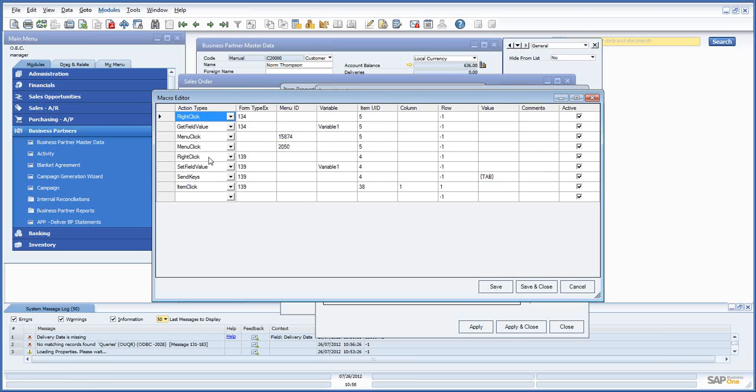And then finally, these 3 steps here, right-click 139 and set field value. This takes the variable 1, which was the business partner code, and it places it into field 4 on Form 139, which is the card code on the sales order. And the last thing at the bottom here is I clicked on the